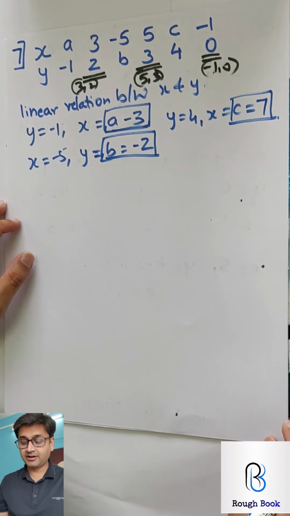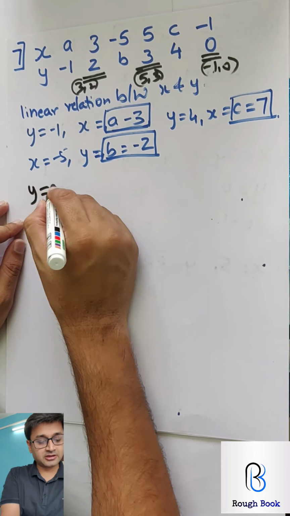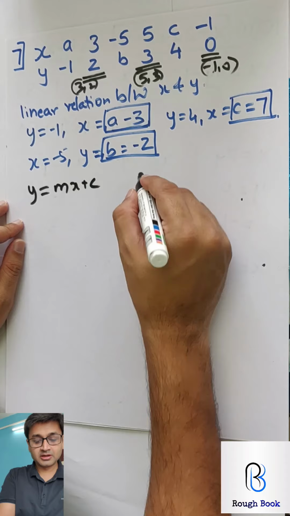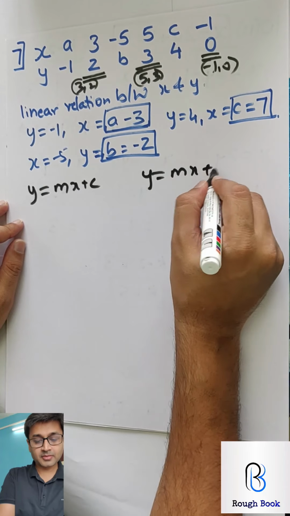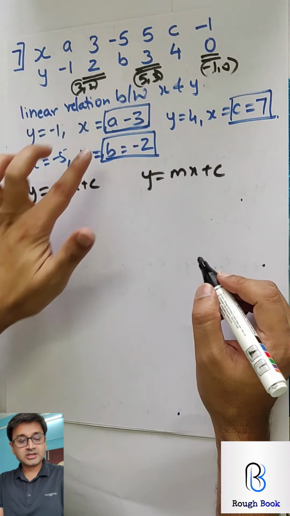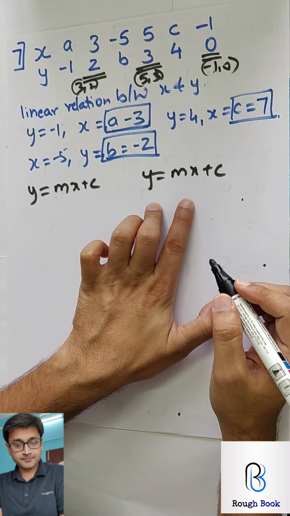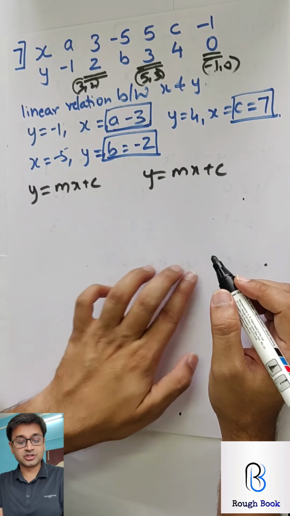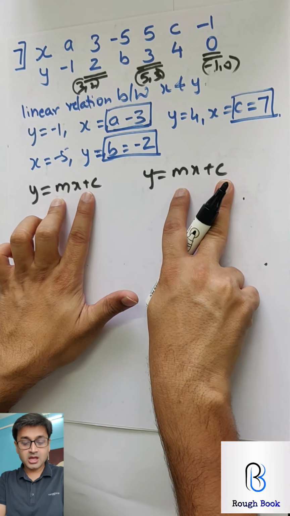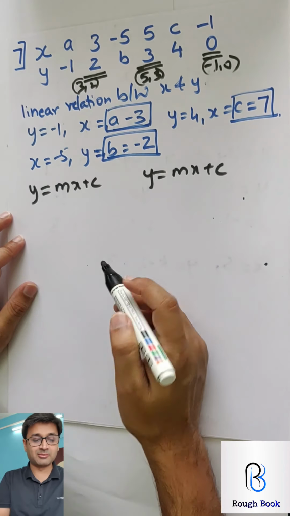Standard form. Anyone remembers what is standard form? Yeah, brilliant. Y is equal to mx plus c. Write it 2 times. Now take any one of the coordinates which you already know, substitute x and y in this. You will get 2 new equations with m and c. What to do then, I will tell you. First substitute this and get me 2 equations with m and c.